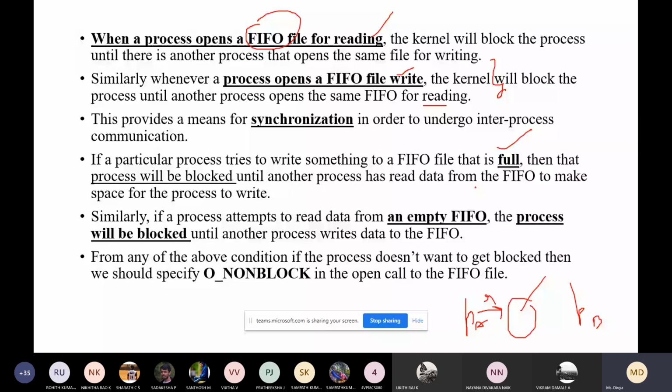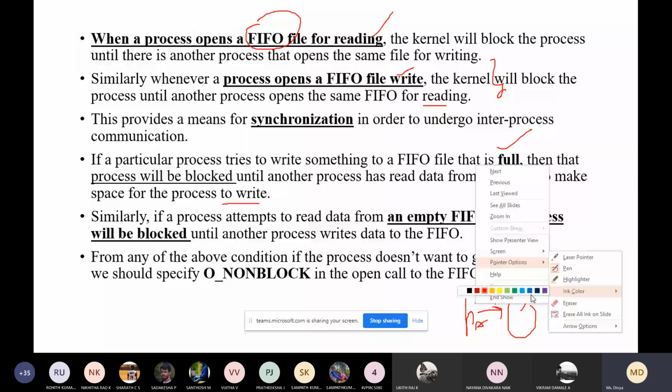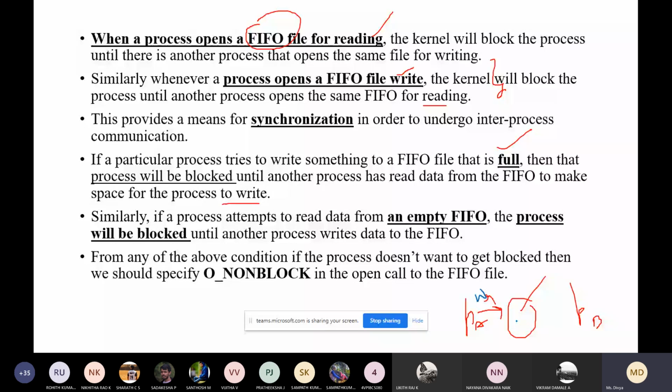Assume this process is trying to write, and if this is full, what will happen? This process will be blocked until another process reads the data and makes space in the FIFO file, and until there is space, this process will be blocked.